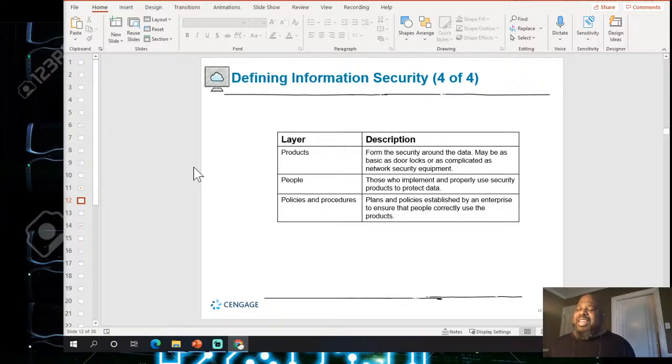Now, when you go into any medium data center, they got webcams. Their cages are in locks. A lot of times, if they don't have 24/7, the cameras are being monitored 24/7, right? So that's the physical part of that. People, those implement and properly use security products to protect them. Once again, policies and procedure, the plan and policies established by enterprise to ensure that people correctly use their products,